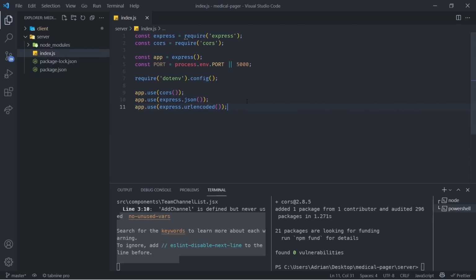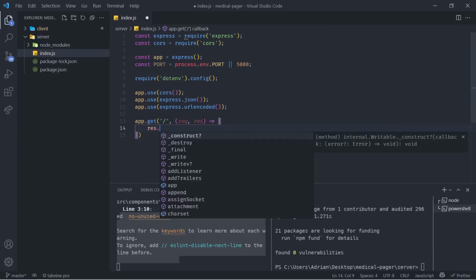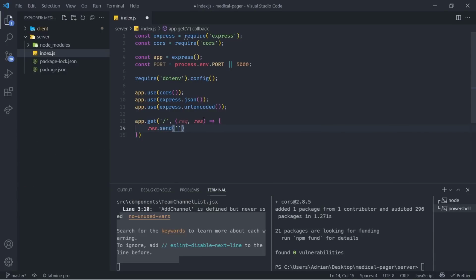Great. Finally, we are ready to create our first route, and that's going to be app.get, and it's just going to be a root route. So we can say just /, create a callback function. That callback function is going to receive request and response as parameters. We can use the res.send method to simply respond with something like hello world, just so we know that our